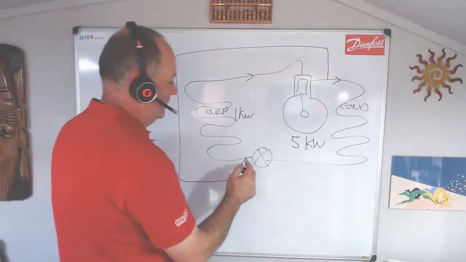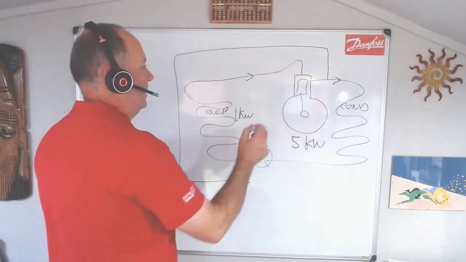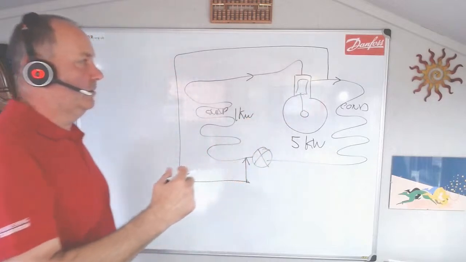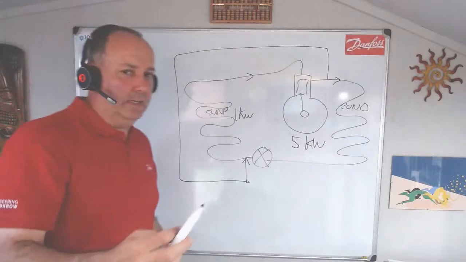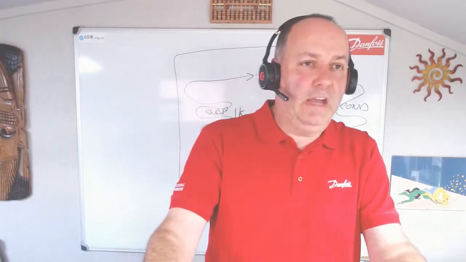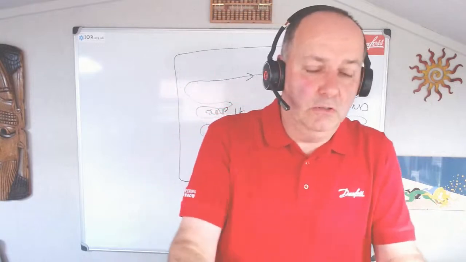But we've got to be a little bit careful, because obviously the system is still running, and we've got to be careful of the temperature coming back to our machine, because we've got to keep an eye on the superheat. So in simple terms, it's all about that balance between compressor and evaporator, and they have to match. If they don't match, then you need some form of capacity control to maintain your desired conditions within your system,